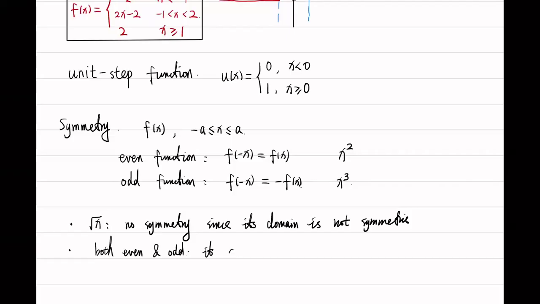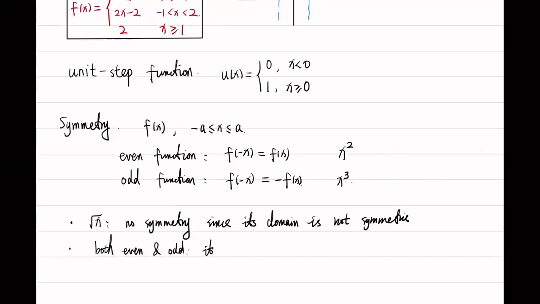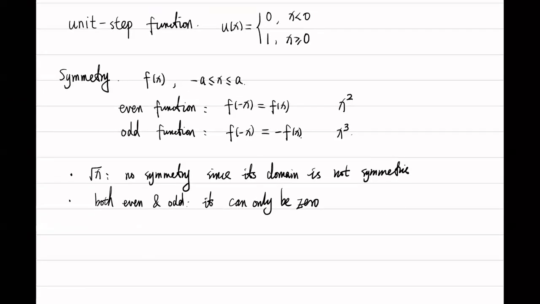It can only be zero. The reason for this is because it's an even function, it is f(x). Because it's also an odd function, it is negative f(x). Now a number equal to its opposite can only be zero. This implies